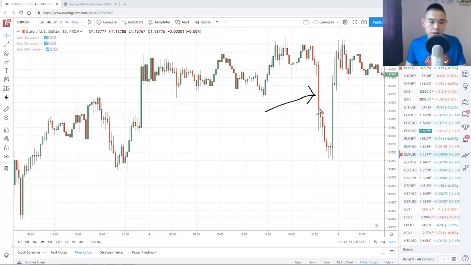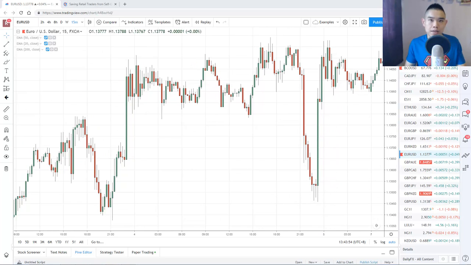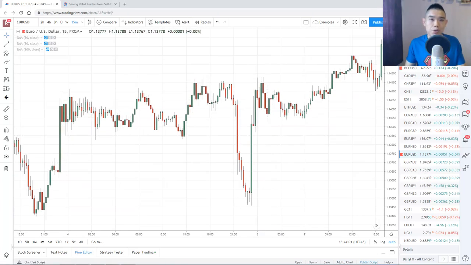Price came down lower. In this case, it did trickle down lower for quite a bit before the reversal came. So for those of you who trade the breakdown, you might have some profits along the way. But again, if you hold on for too long, the second move comes in, and it would wipe out all your profits as the reversal came. So you can see again how the price moves. News release, come down, swing up, down like this. So it's similar to what I just shared with you earlier. That whipsaw price action.